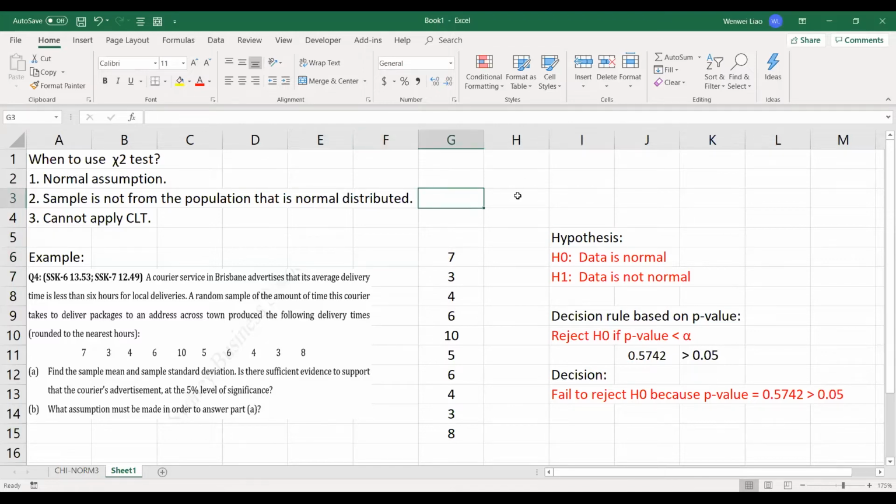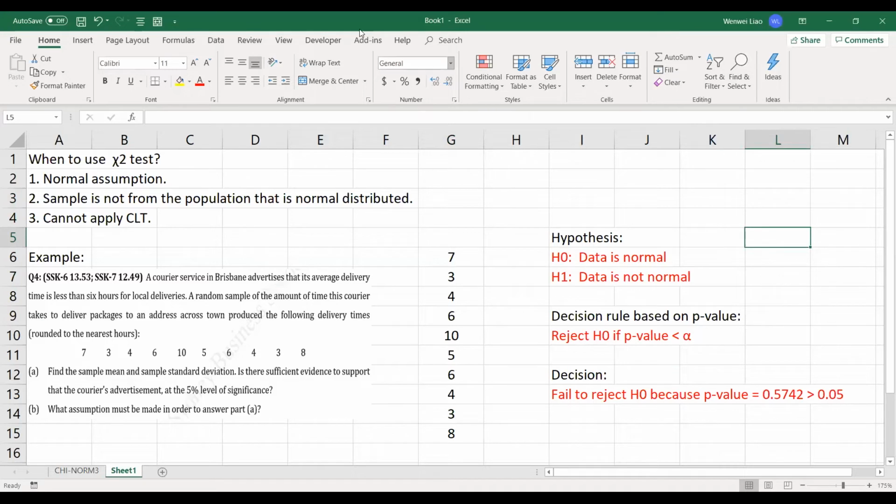So to do the chi-square test, our hypothesis is: null hypothesis, data is normal, and the alternative hypothesis, data is not normal. And our decision rule based on p-value is, if the p-value is smaller than alpha, then we reject H0, right? Now,